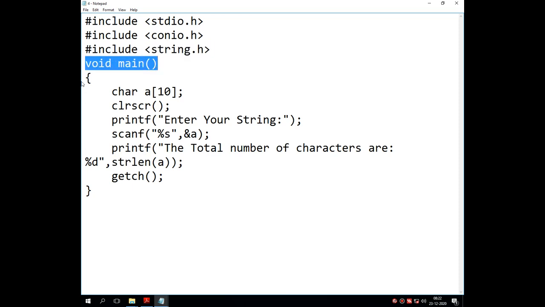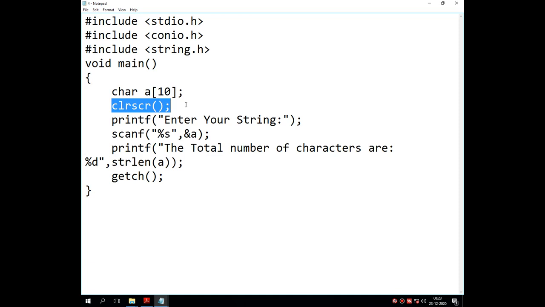Then there is a void main statement with opening and closing brackets. First there is the variable declaration, which contains the data type character. The name of the variable is a and the size of the string is 10.